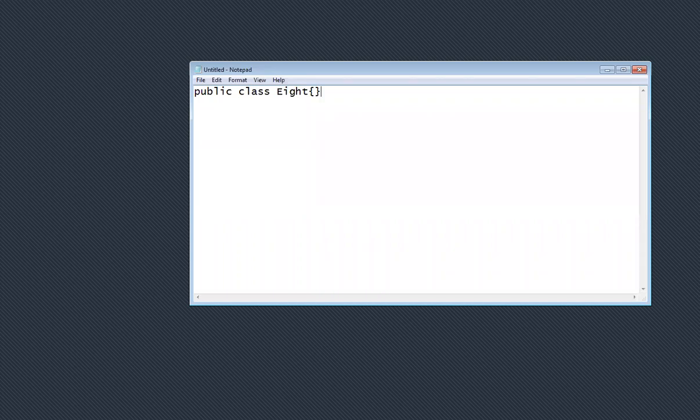This is our 8th program from the first chapter. Then the main method, public static void main. I will pass the string arguments. Now, what do we have to do? First, we have to declare the variables. So I will first declare A as 5 and B as 4. Okay, just for declaration.